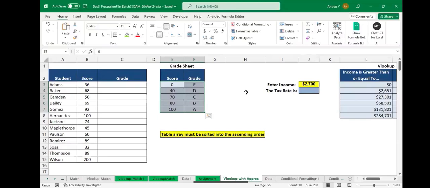So if 0 to 39, then F grade, 40 to 69, D grade, 70 to 79, C grade,